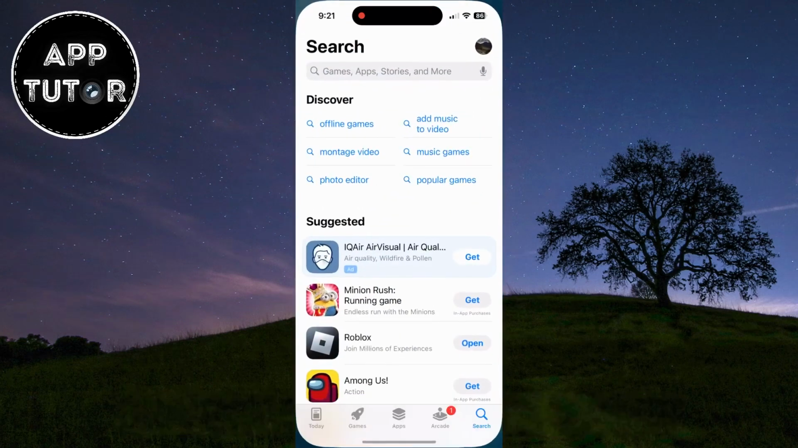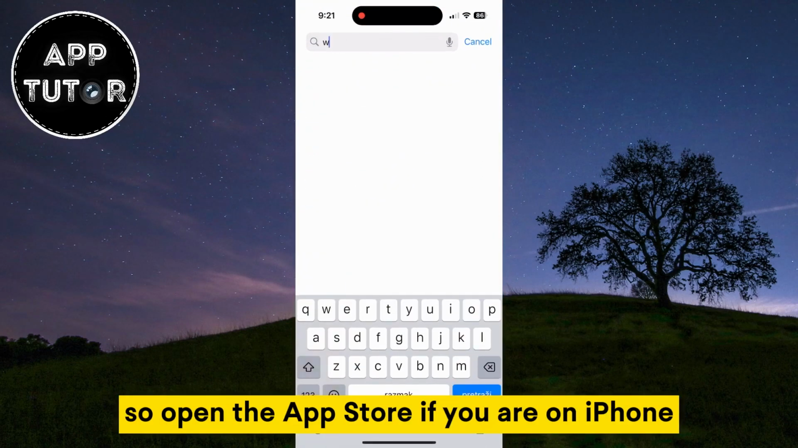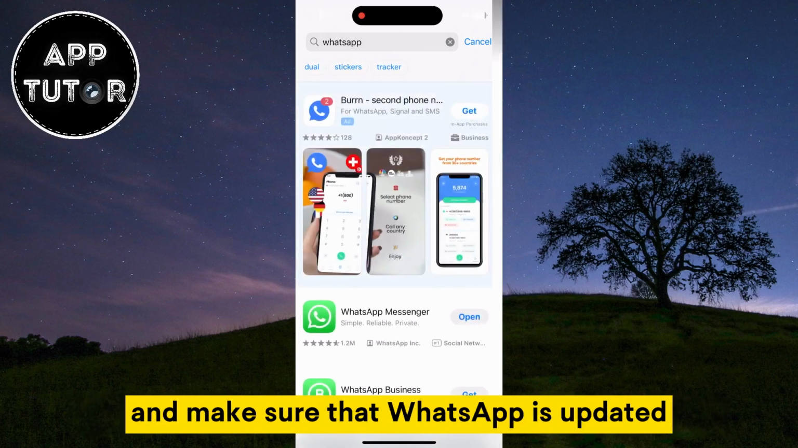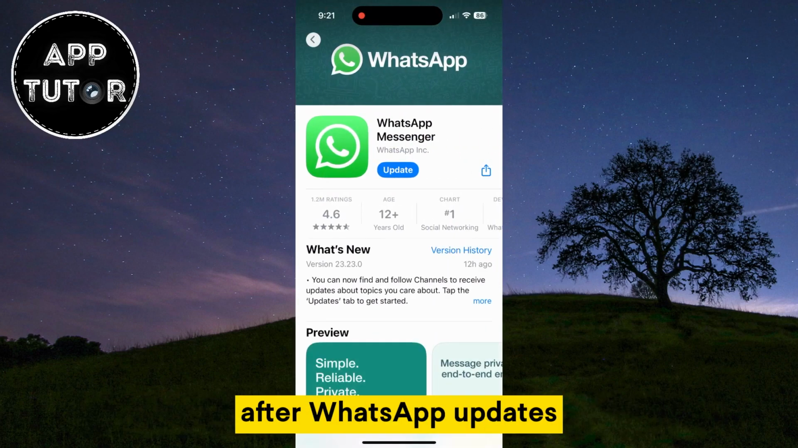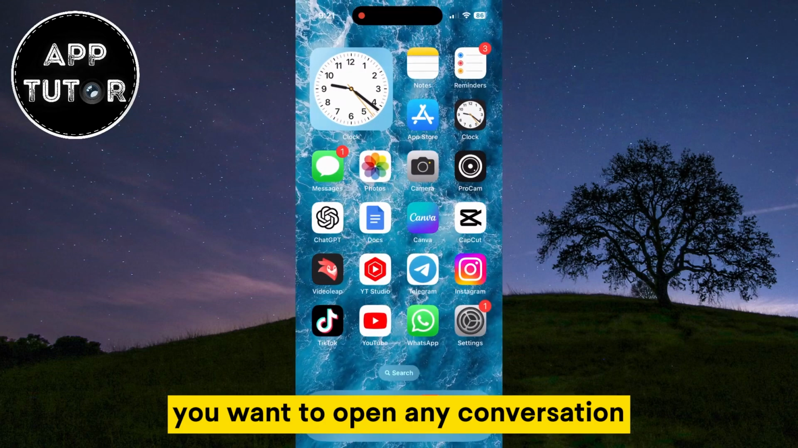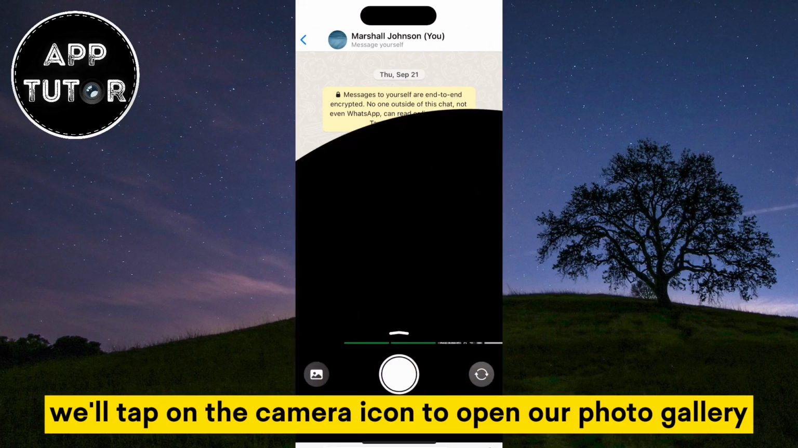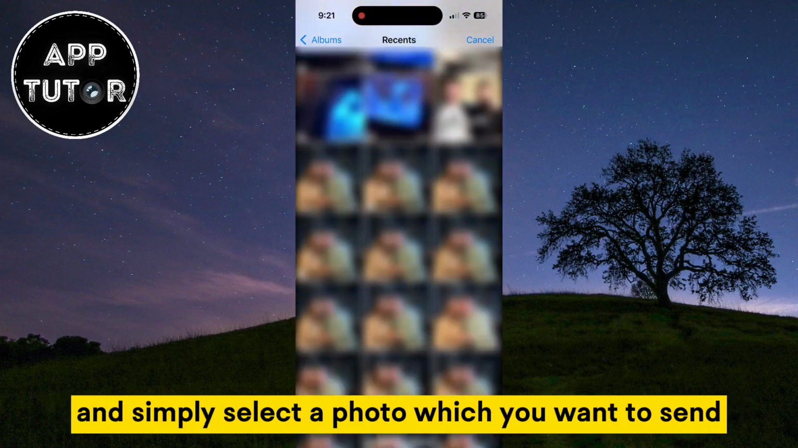to the latest version. So open the App Store if you are on iPhone or the Google Play Store if you are an Android user, and make sure that WhatsApp is updated. After WhatsApp updates, you want to open any conversation, and then we'll send a photo to someone. We'll tap on the camera icon to open our photo gallery and simply select a photo which you want to